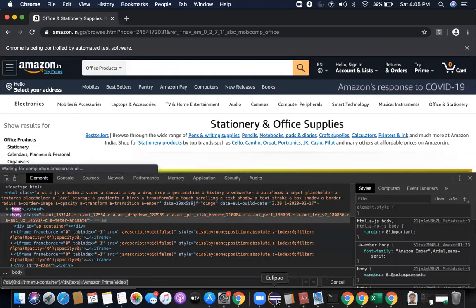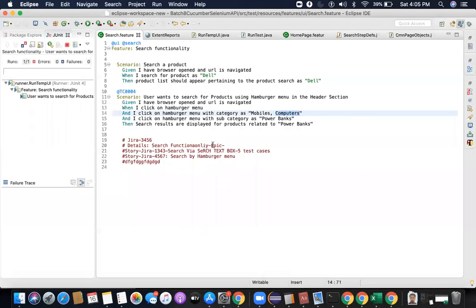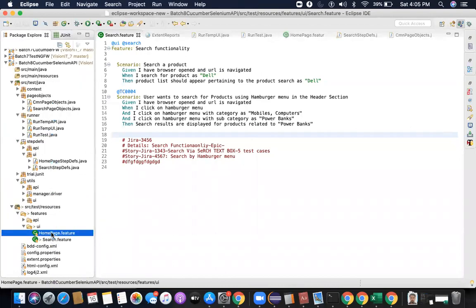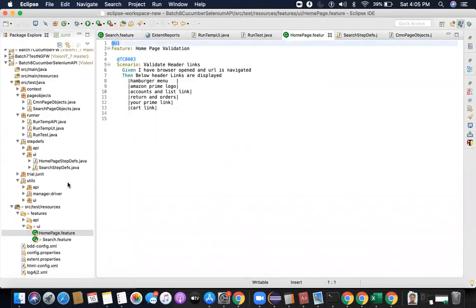Second is, if you want to automate this test case, let's say you want to go for each of these small links, then you can implement that here also. You can create a data table, or you can use a scenario outline. That we will do for some next test case. We'll try to do that scenario outline. Continuously search for 5 or 6 products. Do we have it? Let me close this. I think we have it somewhere as well. I think, no, this was a data table implementation.